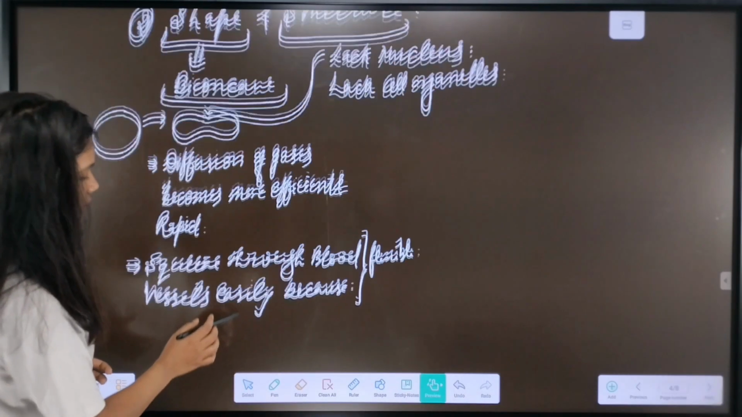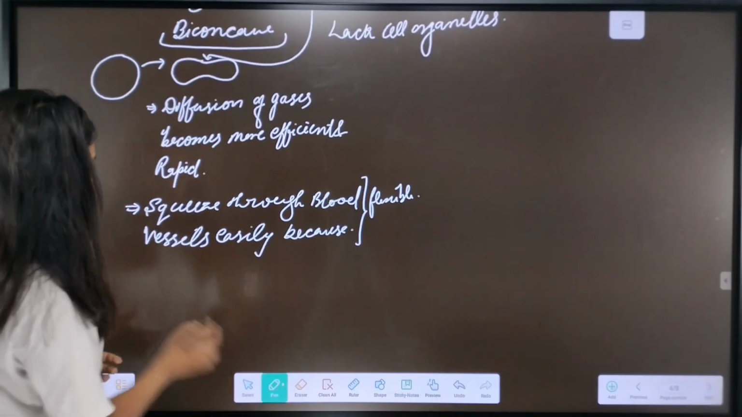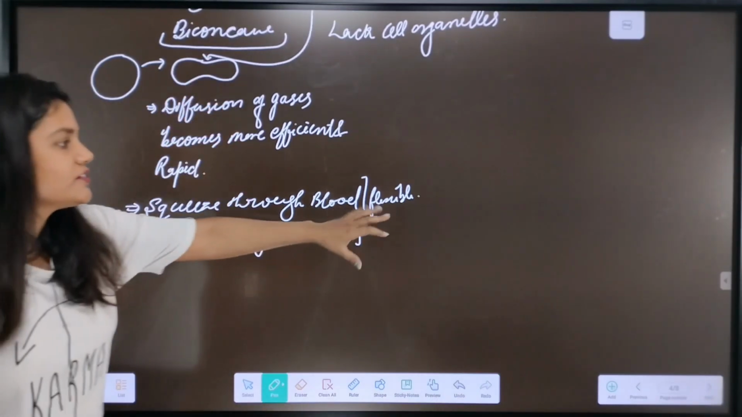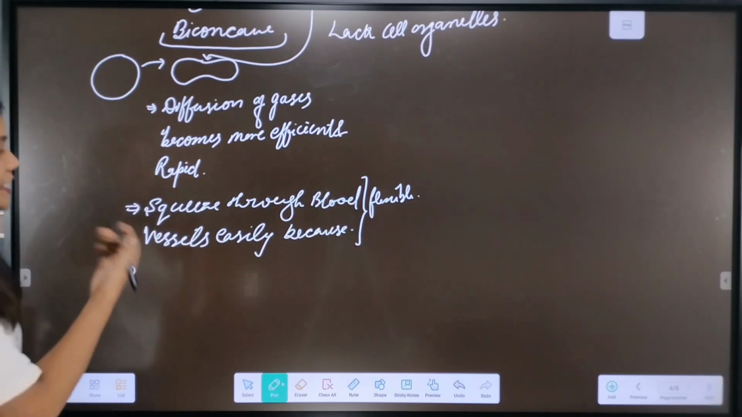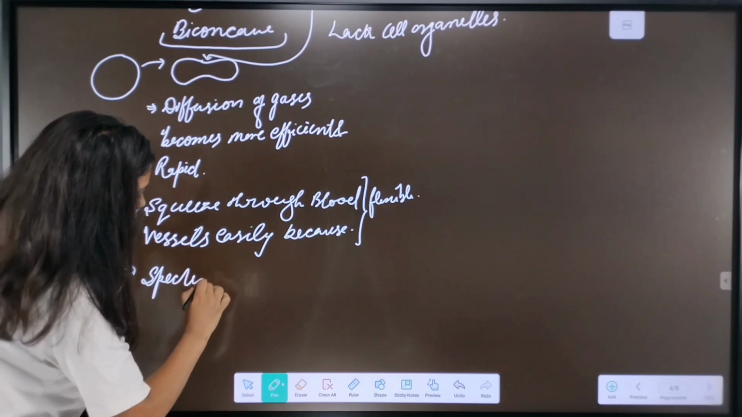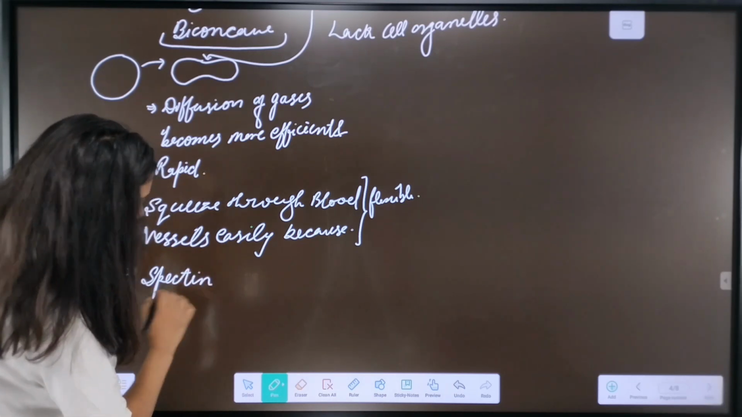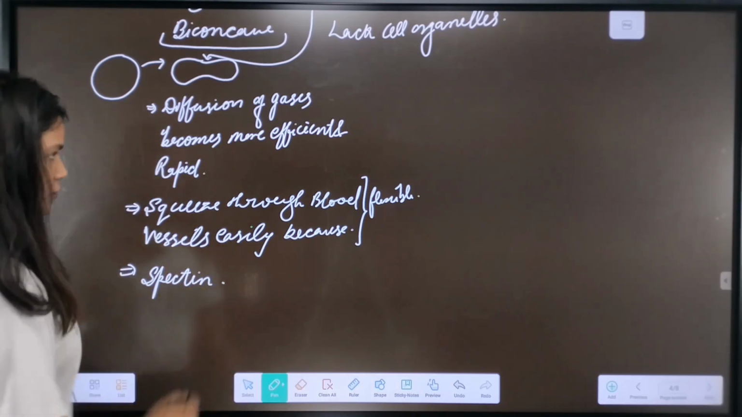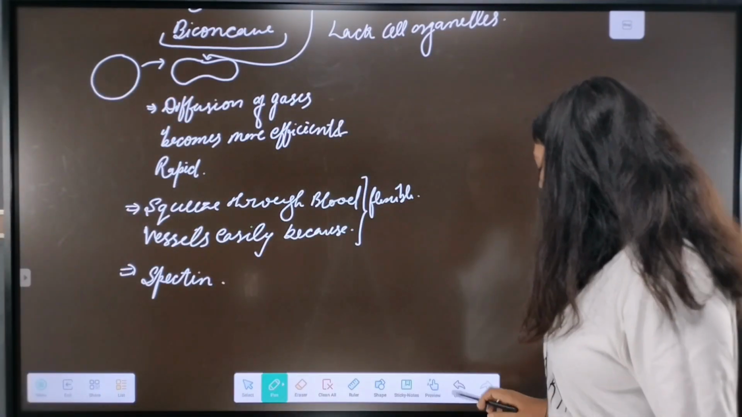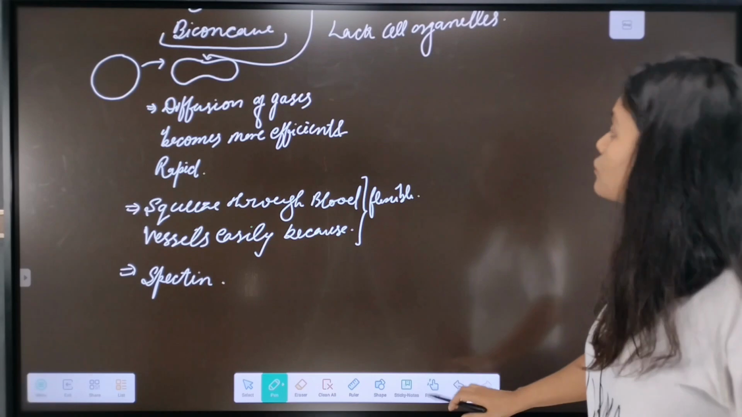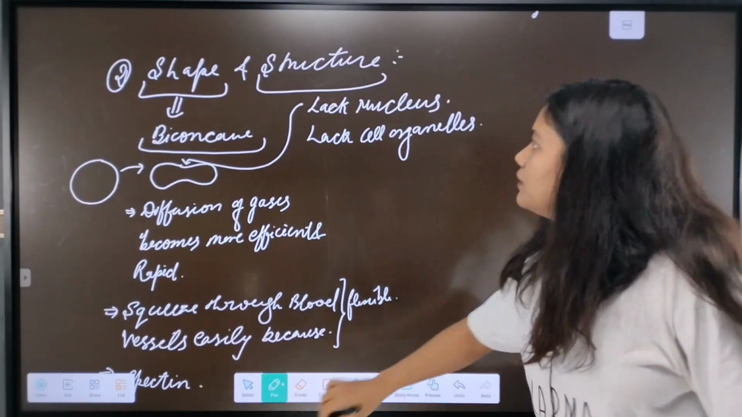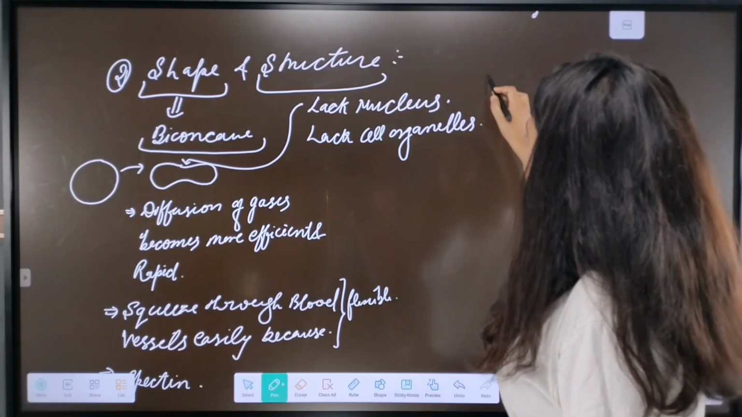Okay, next, one more thing I would like to add here. Along with this shape, this flexibility is also given by a cytoskeleton protein, spectrin, that helps them squeeze through the blood vessels. Next, what is the advantage behind not having any cell organelles or the nucleus? If you see